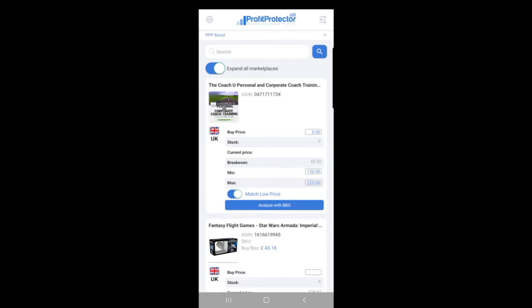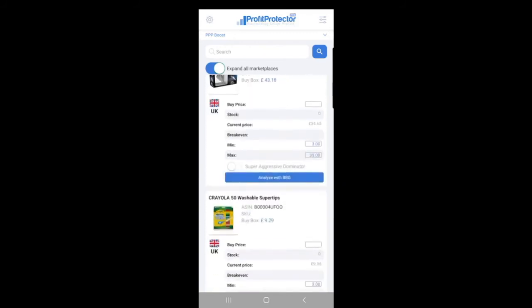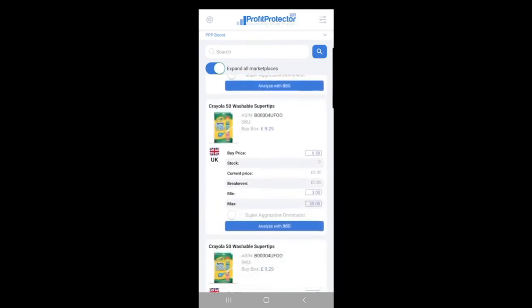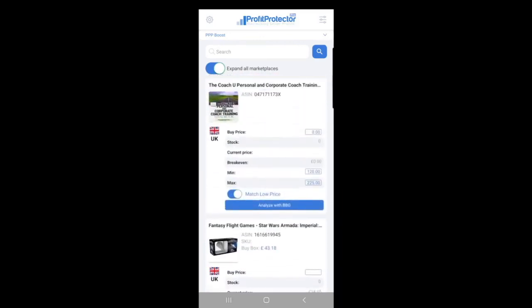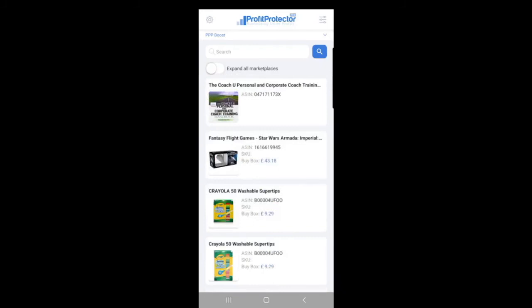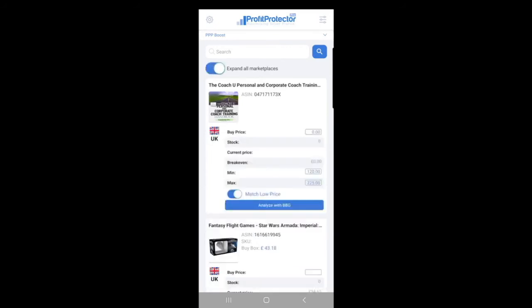Then the next thing you've got is your expand or marketplaces. You'll see that toggle there. So that's basically how much detail you want to see about each ASIN. You'll see here that I've got slightly bigger icons so I can see the numbers, the product, as well as the ASIN and the title of the product as well. But if I toggle that off, you'll see they kind of minimize, and now I can get more ASINs in one view at a time. And obviously if you want to see more detail, you just toggle that back on and those details will appear.